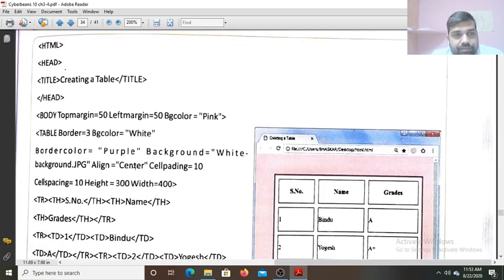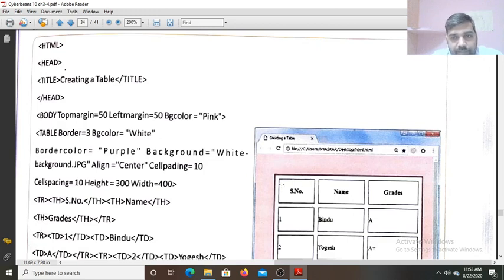Now you can see here. HTML, head open, creating a table, head closed. Body top margin 50, left margin 50 pixels, background color is set to pink. You can see on the web page the background color pink. Table border 3 pixels, this is the 3 pixel border of the table.